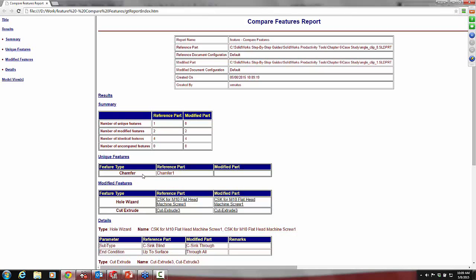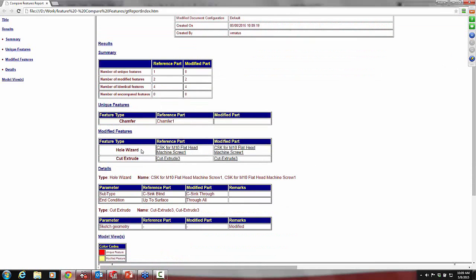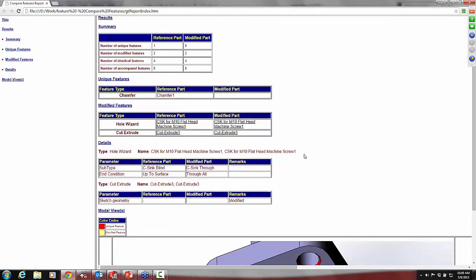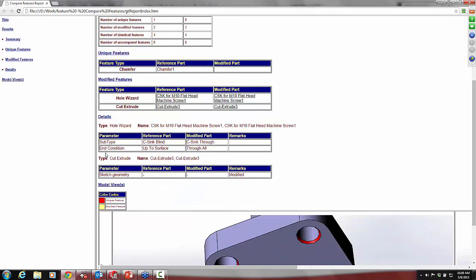Unique feature, so here's our chamfer that's in the reference part but not in the modified part. Modified features, I've got the hole wizard, countersink, again looks the same here. Cut extrude looks the same here, but those are modified. They're in both models, but they're different. And if I go to details,